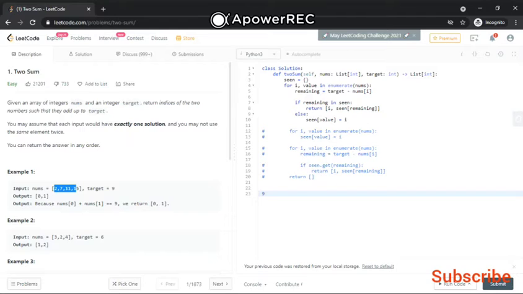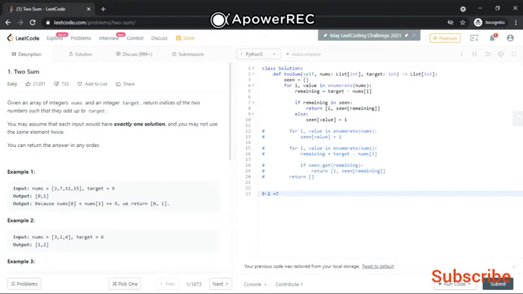You subtract each one from the target value, and you get the remaining digit. Suppose 9 minus 2, the answer will be 7. Now you have to check whether it is present in the array or not, because 2 plus 7 is equal to 9. It's pretty simple, so let's try to code it.